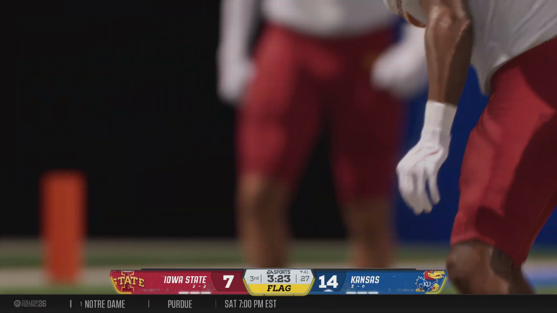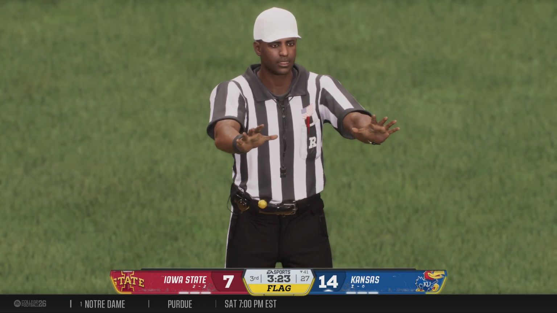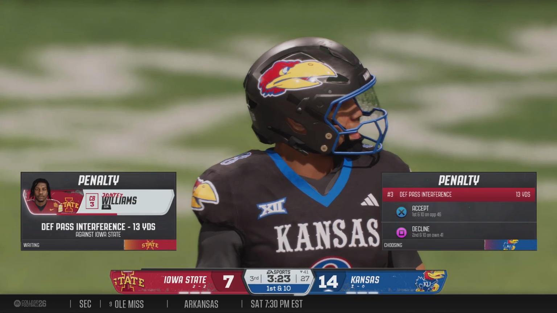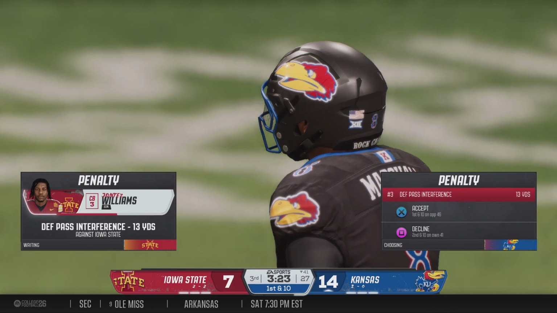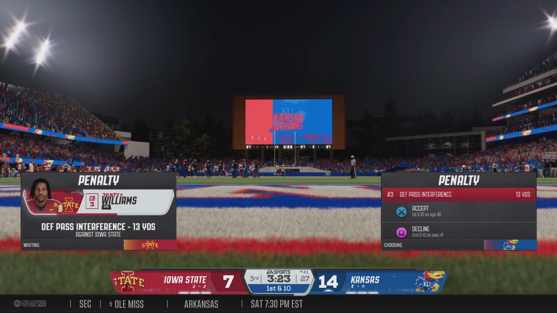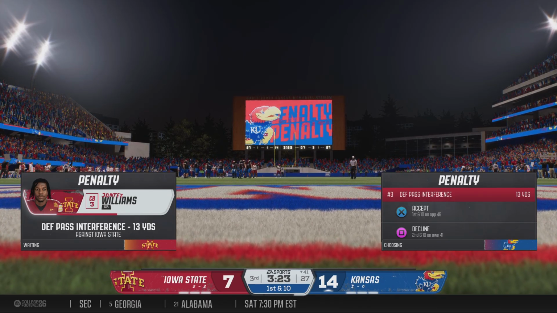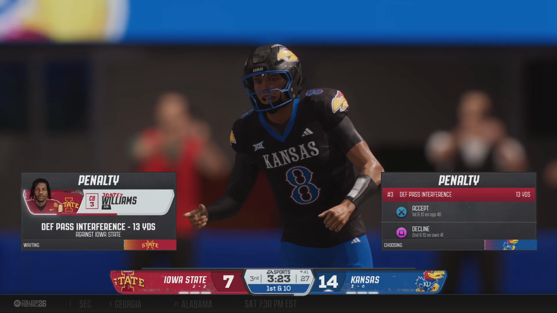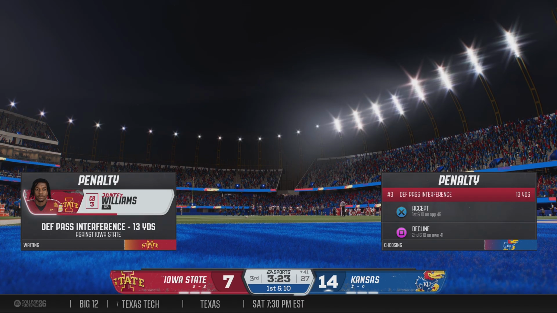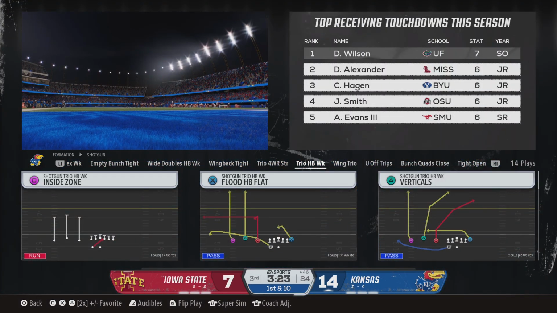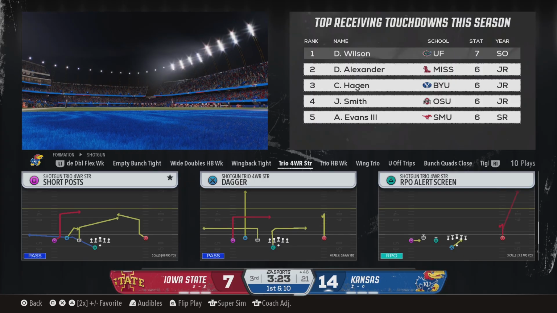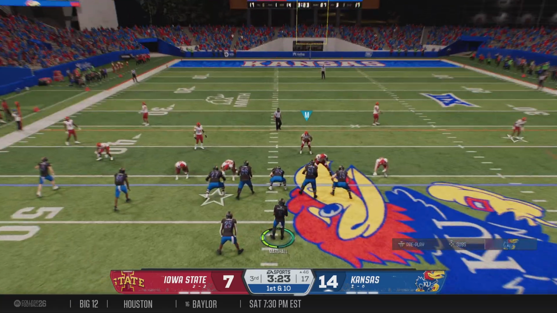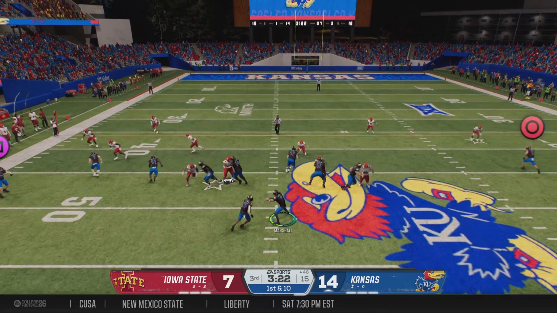And they can't connect, but the flag flies, and I think this is going to be pass interference. And the defender just way too handsy on that last play. You could see all the contact as the ball was in the air. He simply can't do it, and the referees caught it. Boy, as a defense, you hate to just hand out first downs on a penalty.